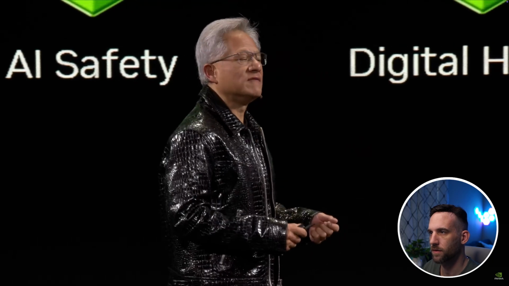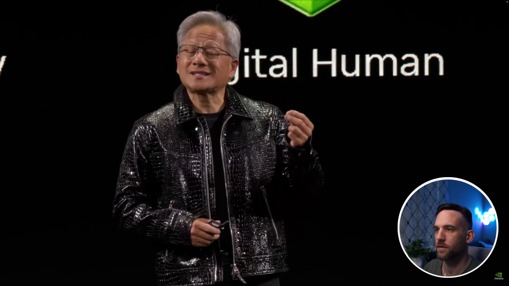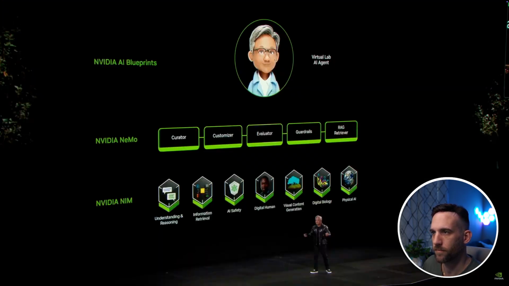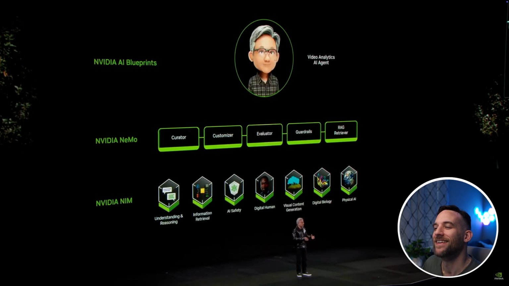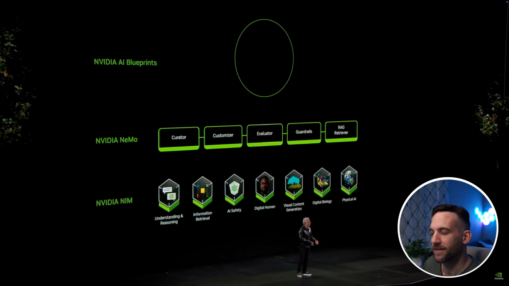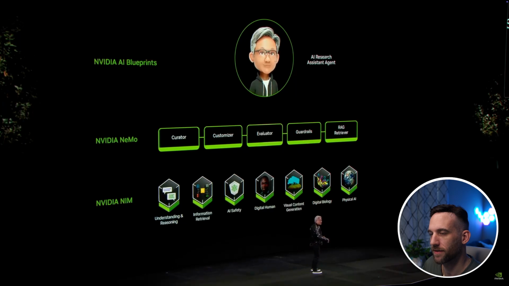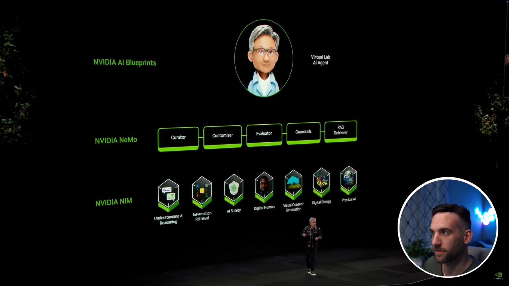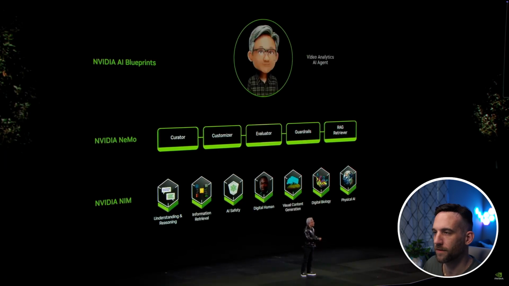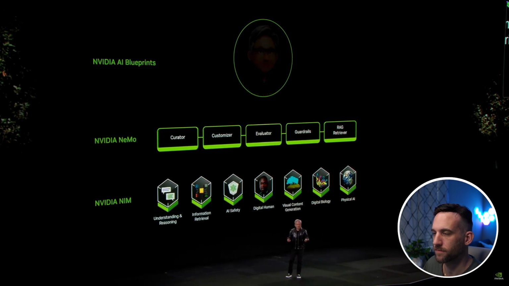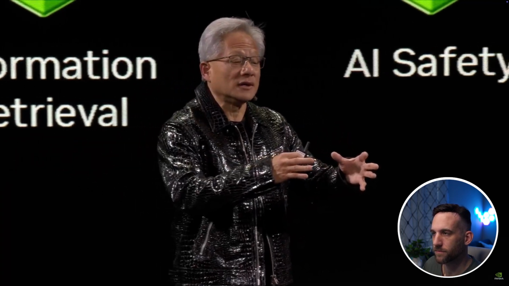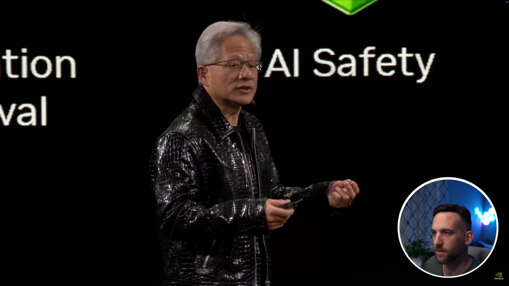The next layer is what we call NVIDIA NEMO. NEMO is essentially a digital employee onboarding and training evaluation system. In the future, these AI agents are essentially digital workforce that are working alongside your employees, doing things for you on your behalf. And so the way that you would bring these specialized agents into your company is to onboard them, just like you onboard an employee. And so we have different libraries that helps these AI agents be trained for the type of language in your company. Maybe the vocabulary is unique to your company.